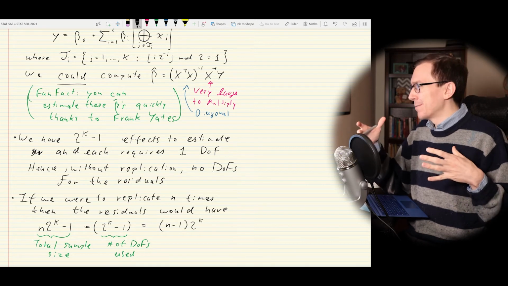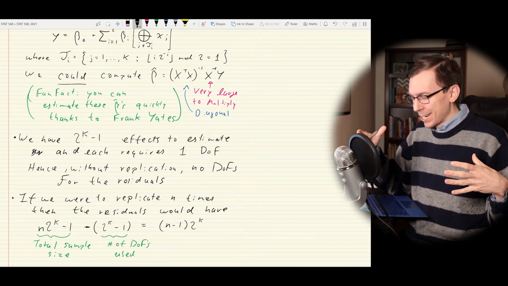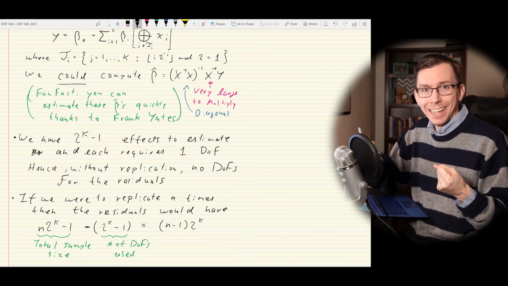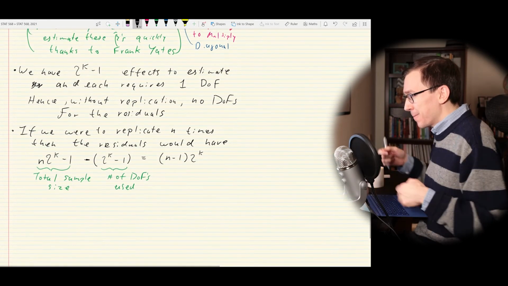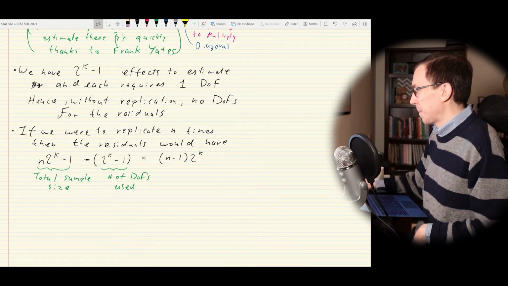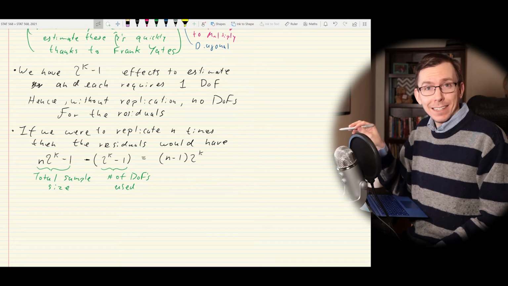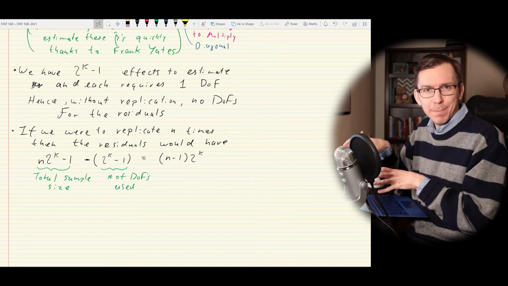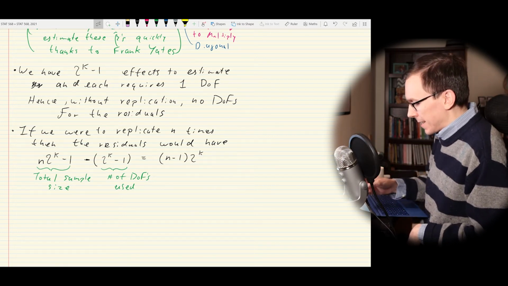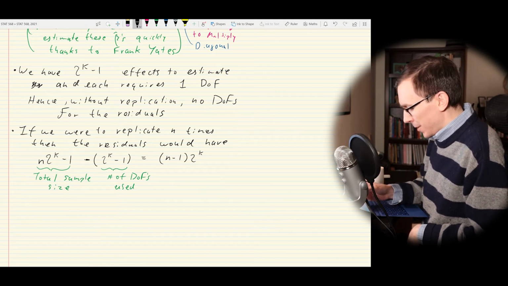So that's the goal we're at here, this maniacal approach to hypothesis testing, where we want to grab every degree of freedom we can and use it to test something. And that's what we're going to try to do. So if we don't replicate, well, there's a couple things we can do, and I will save the R code for the next lecture. But just keep some of these ideas in mind as we write them out on paper, and I'll show you how they work in R in the next lecture, because we're going to get to Lenth's method. Good stuff. All right, one approach,